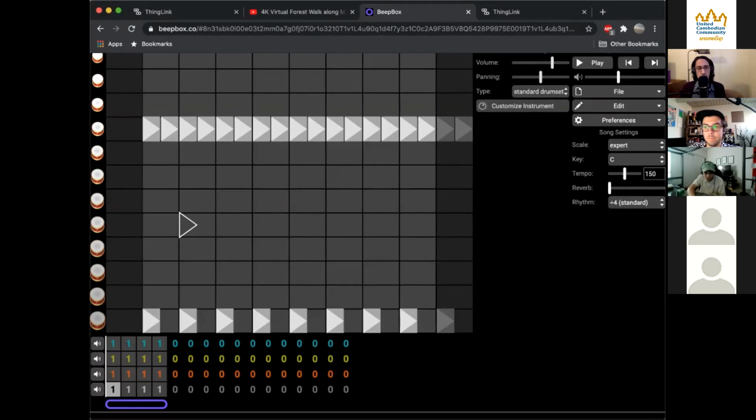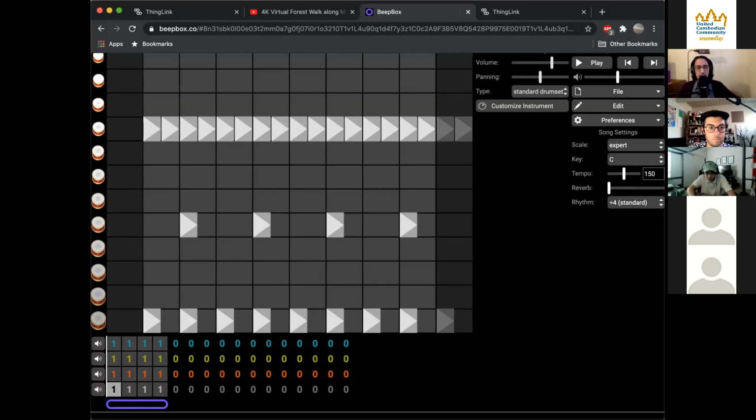So now, for the last part of our drum track, we're going to add the snare drum. The snare drum is sort of the backbeat. That's what makes a person want to groove or dance to the beat. And that's going to be 4 down from the hi-hat that we did. So 1, 2, 3, 4. And we're going to put them at the beginning of boxes 2, 4, 6, and 8. So kind of every other one. So 2, 4, 6, and 8. That'll be the last part of this basic drum beat.